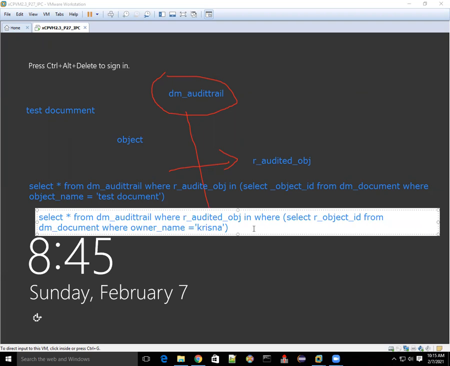But let's say they further change the requirement. They are saying just give me the history of all the documents that are uploaded by all Documentum users. Then, instead of a single user, we can write it in place of that. Again we can make the query complex like this. Select user_name from dm_user where